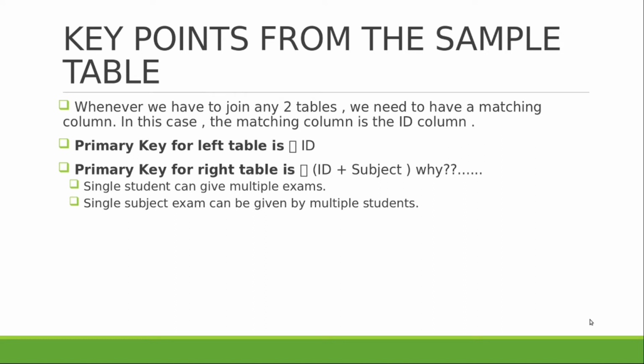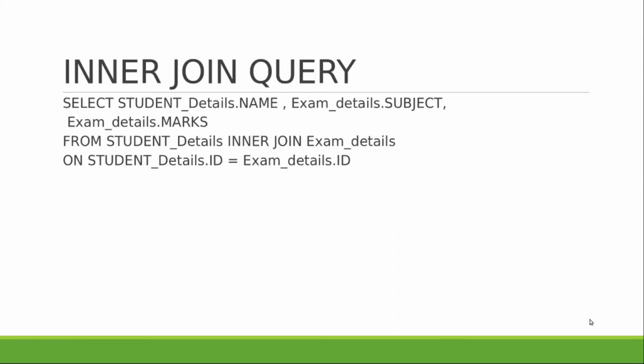Now let's look at each different kind of join and how it actually will work on this particular sample data. So the first one is the inner join query. Now following the same general syntax that we discussed in the first slide, first we will write select, now select space all the different columns that we actually want to print. So here I'm picking three columns, that is name from the student details, subject from exam details, and the marks that he scores from the exam details, right? Three columns. So I have followed table name dot the column name. So it goes like select student details dot name, exam details dot subject, and exam details dot marks.